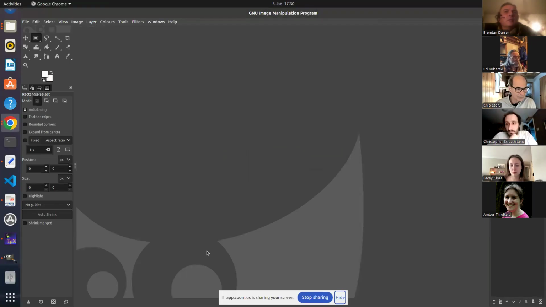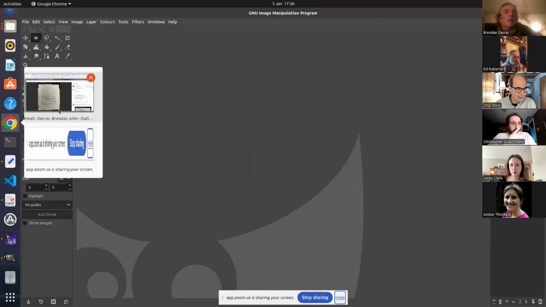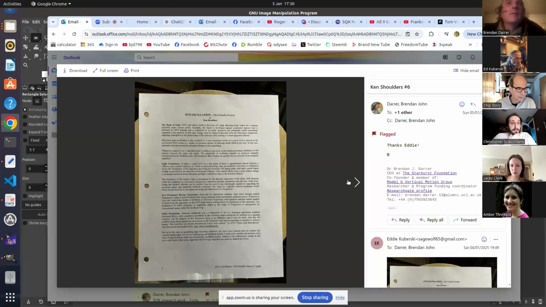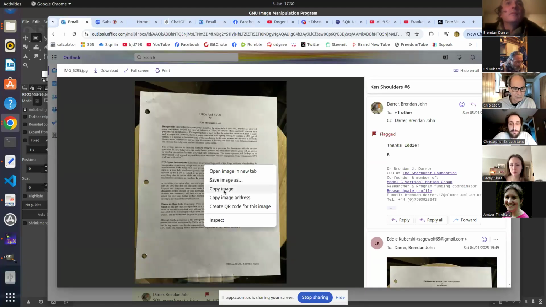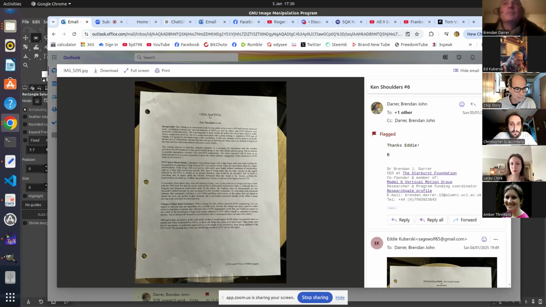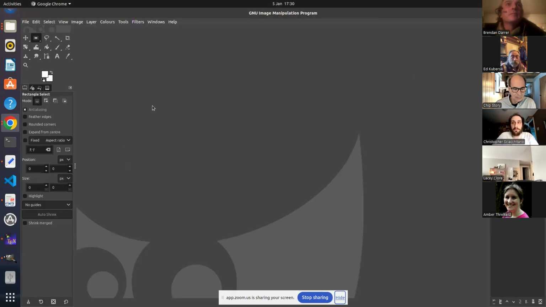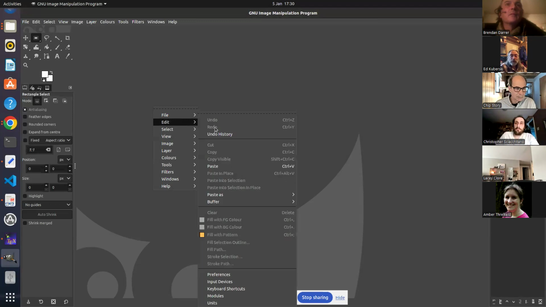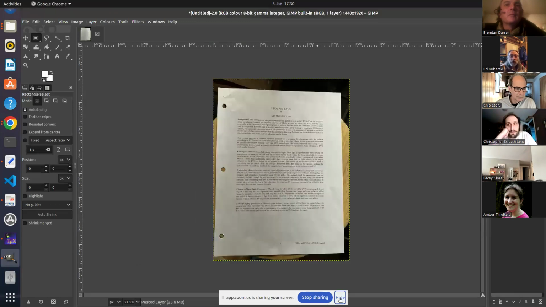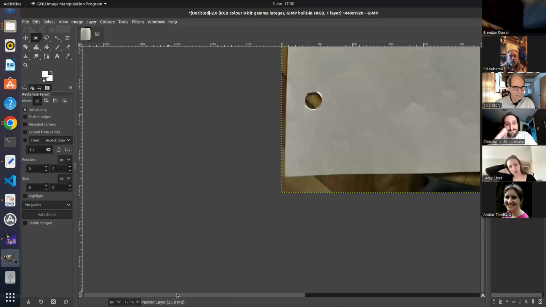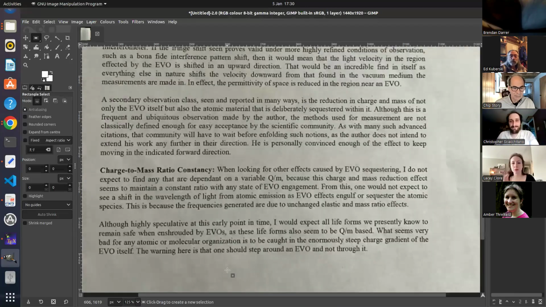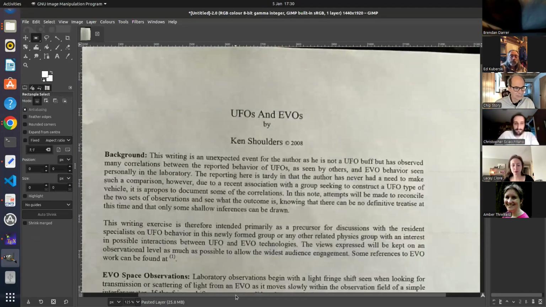So maybe we'll go on to the next one because this one kind of relates to the one we just talked about, and it's called UFOs and EVOs. So we're probably going to learn a little bit more of the practical part of how this all works. And just for those out there, I haven't read these actually. We're kind of learning as we go, and I'm going to go back after and highlight all the good stuff, and then I'm going to write in my journal so there's a real good stuff on charge clusters and whatnot in Ken Shoulders' work.